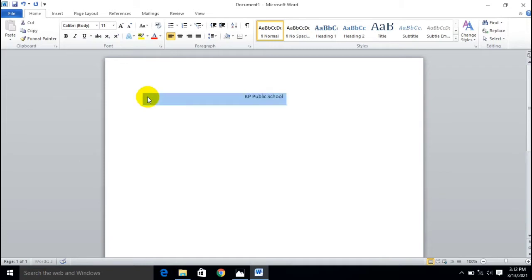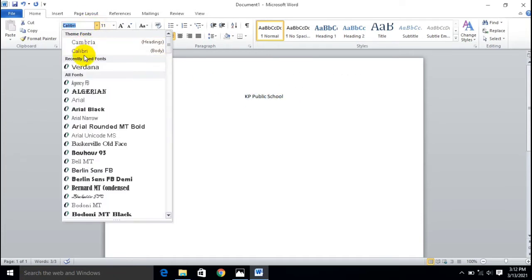Select the content, and here you can choose which type of font you want. You can see on your screen the fonts change one by one as I choose in the list.